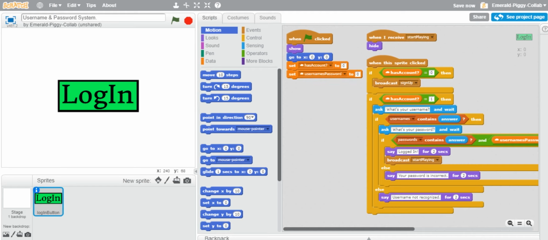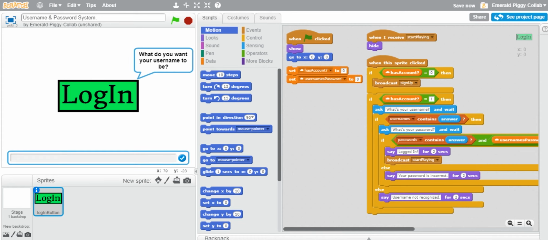And clicking these two just resets everything. Never put the cloud data set to 0 underneath when you first start, because then when you click the green flag, every single time you'll start making a new account. So keep that separate. And then once your game's done and you're done testing it, and everything works just fine, make sure you click this maybe a couple of times just to make sure that it resets all the cloud data back to 0. So when people make their account, it doesn't already say that they have an account because of when you were testing it. Make sure it stays at 0 when you post it